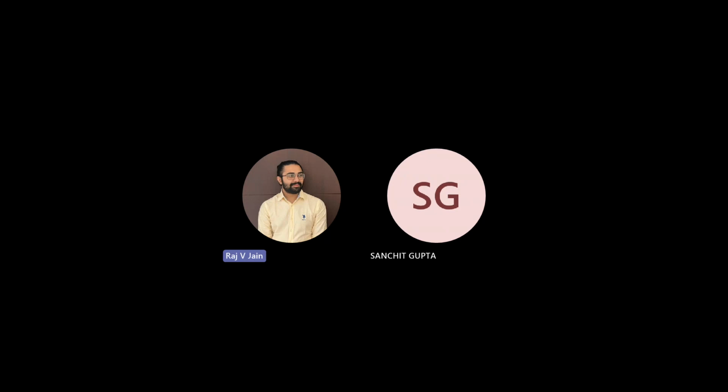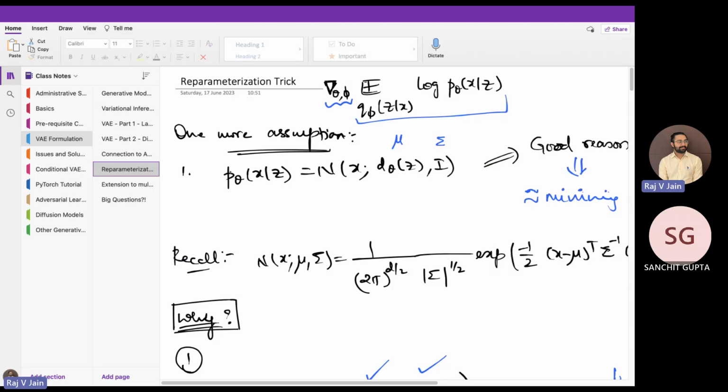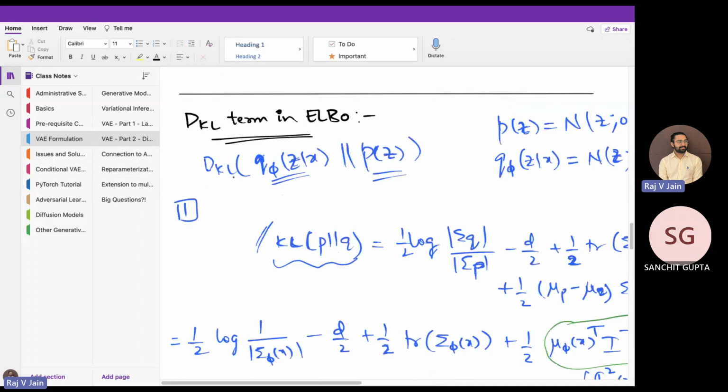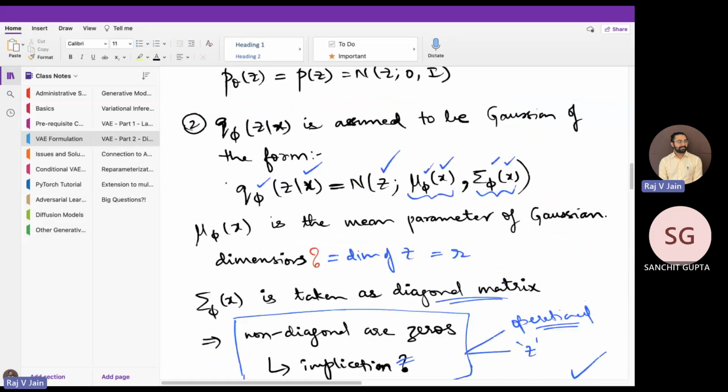Okay, so welcome to lecture 6 of this course, Introduction to Deep Generative Modeling using VAEs. So, a quick recap of what we did last class. Previously we understood the different terms in the evidence lower bound, the ELBO,